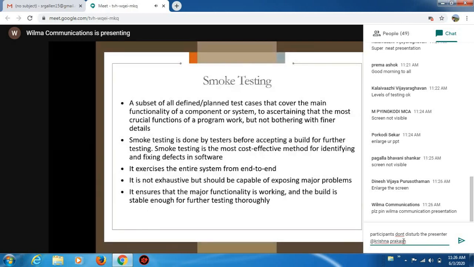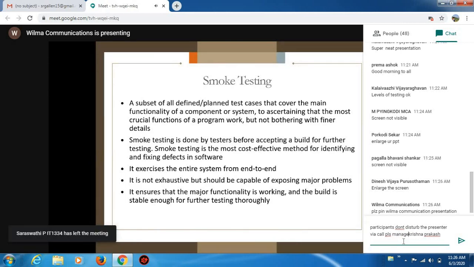So basically, the smoke testing concept comes after the developer has completed a small component, to check that the build does not contain any major error, or that the build can go to the further level of testing. What is meant by the further level of testing?